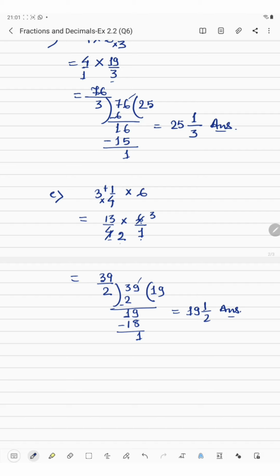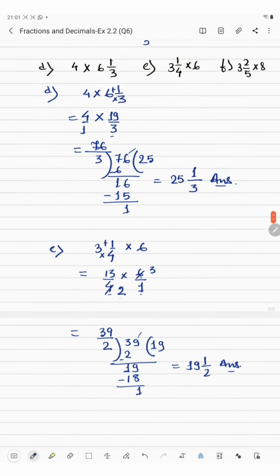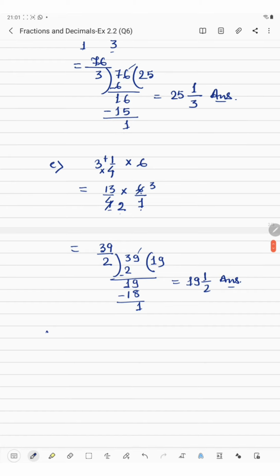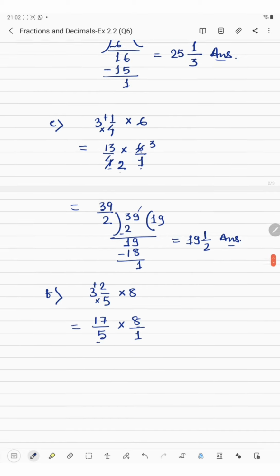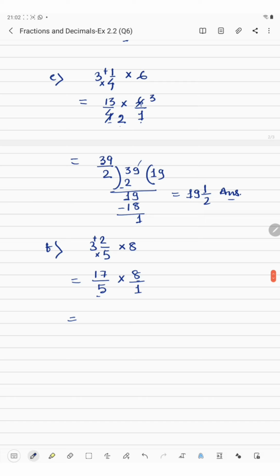Okay. Now the last part of this question is 3 2 by 5 into 8. So 3 2 by 5 into 8. Now here we will have to convert it into an improper fraction again. So this into this plus this. So 3 5s are 15. 15 plus 2 is 17 by 5 into 8. Now here we will consider 8 as 1. Again see, these we cannot cut. So what we have to do, we will just multiply these two. Now what will be here? So 17 8s are 136, divided by, if you multiply the denominators, we will get 5.